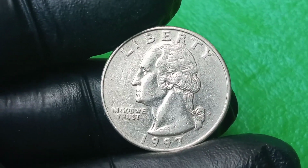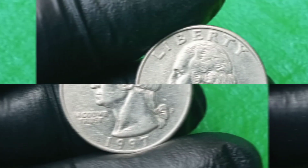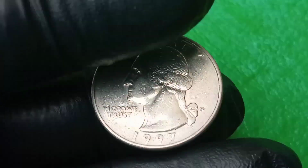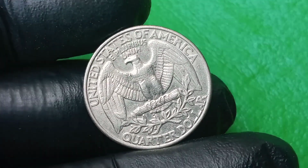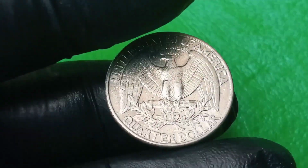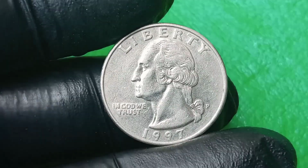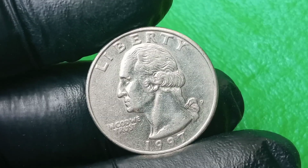And one of the first errors identified was a double die obverse, a highly unusual condition where the image on the front of the coin, including George Washington's profile, the word liberty, the phrase, "In God We Trust," and the mint mark, P, appear slightly duplicated or doubled due to a misalignment in the die used during striking, creating a ghost-like echo of the primary design that is easily visible under magnification and sometimes even to the naked eye, a feature that already places this coin in a rare category since double die errors are highly prized and relatively infrequent in quarters, especially those from the late 1990s,